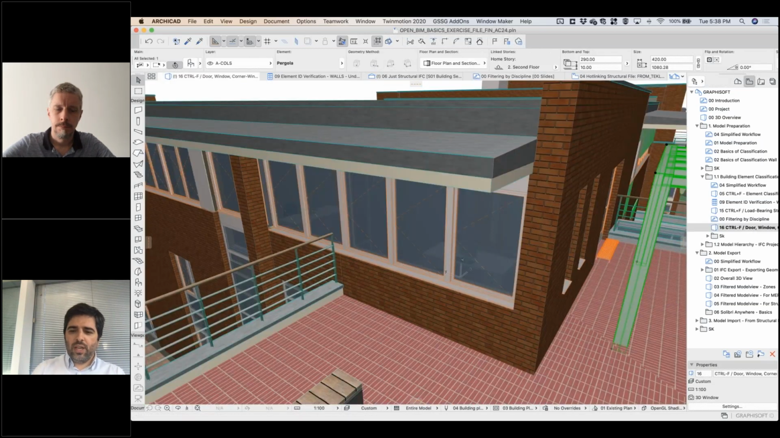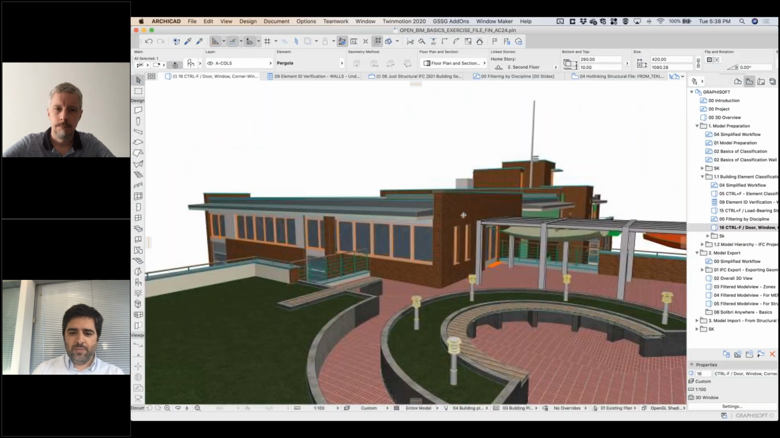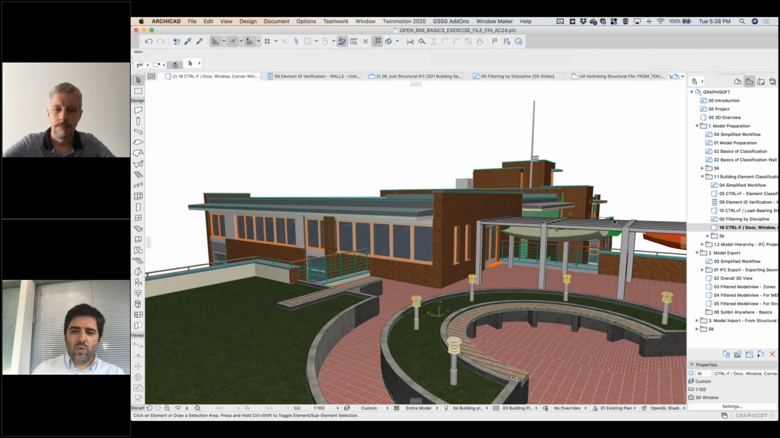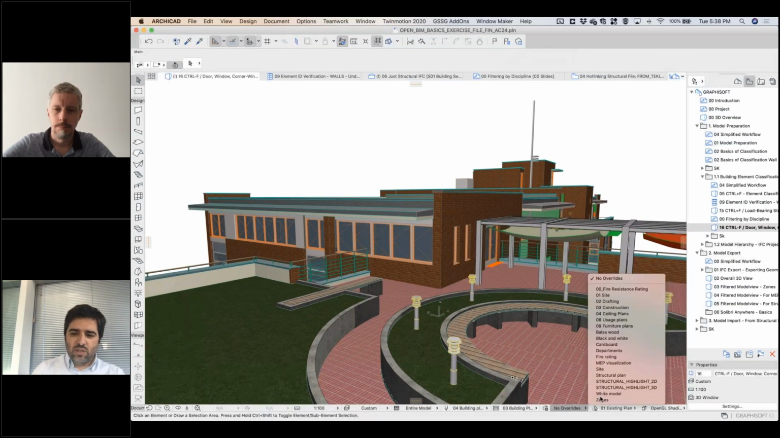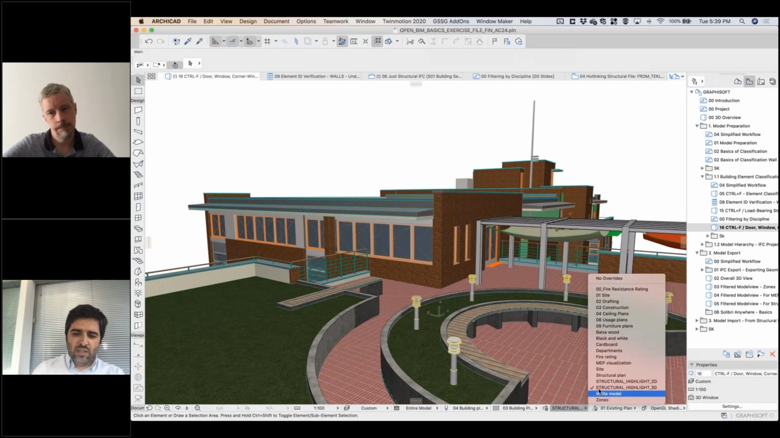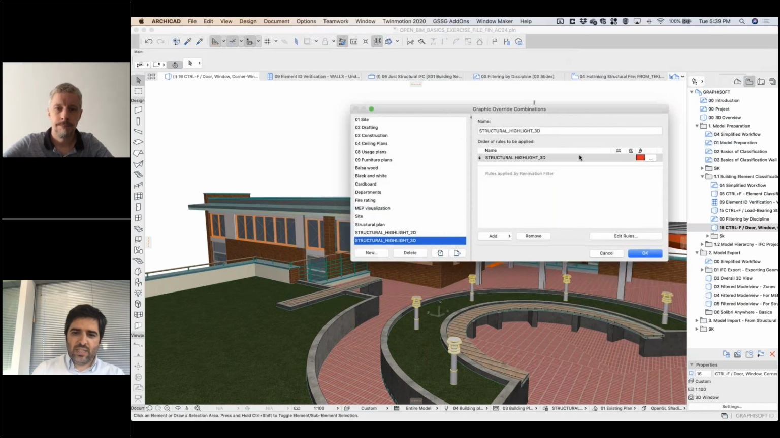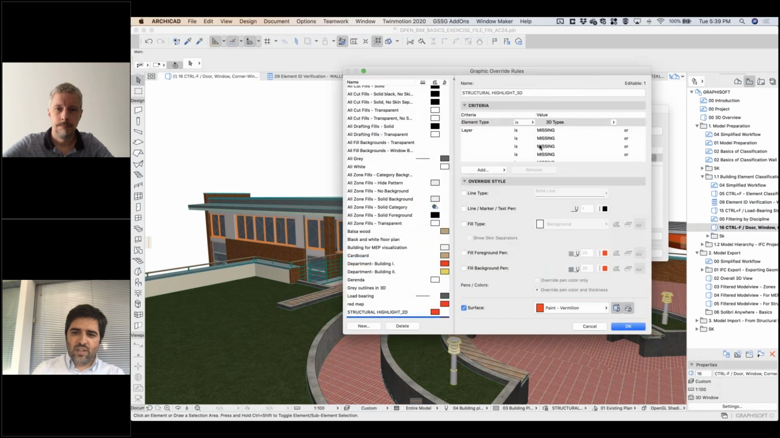So one more thing that we can do while we are testing if the file is properly done, we can also highlight using the graphic overrides. We can have a highlight of what are the structural elements in 3D. So if I open my graphic overrides, say I'm saying that whatever is structural in 3D, I want them to